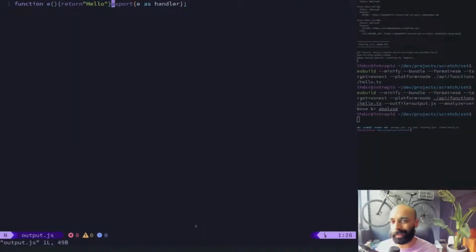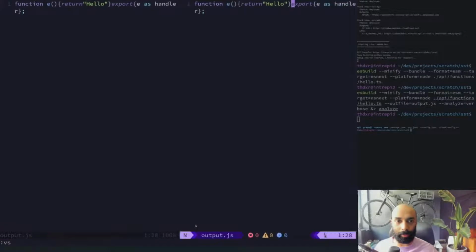So ESBuild rewrites it a little bit. This is a really simple function, so the rewriting looks trivial, but there is a reason for this. With the function this small, the end result is actually bigger than the input, but again, it's just a contrived example. And we can take a look at the analyze output,